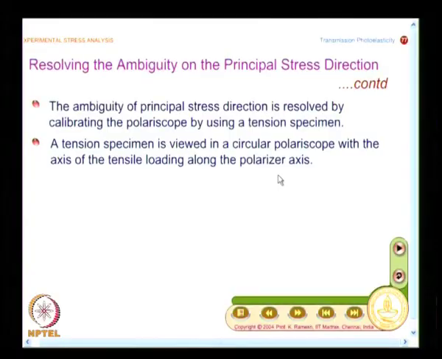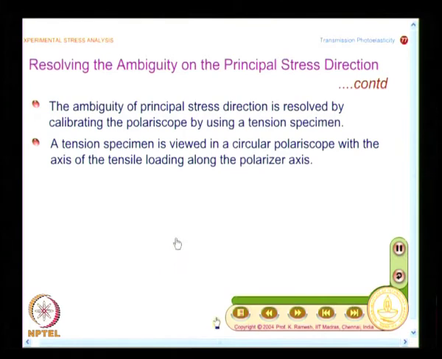Then, as we have already seen, I can use the analyzer as a compensator. When I rotate the analyzer anti-clockwise or clockwise, the fringe order at the point of interest will change, and that is precisely what is going to happen. The retardation introduced will be so small that I would not have a full fringe order come and occupy this. If I know the color code and the color sequence, it is possible for me to assess whether the fringe order has increased or decreased by a particular rotation of the analyzer. So, the calibration is looked at from that point of view.